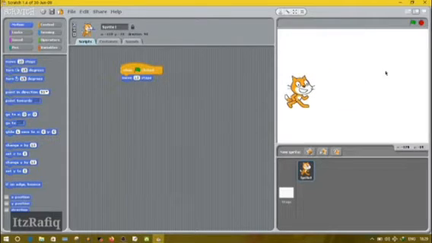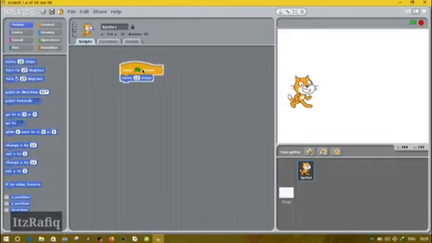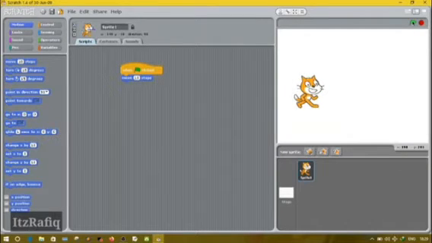Now to see whether it works or not, we'll click on the green flag, as you can see here. When you click on the green flag, you will notice that the sprite is moving. As I have written only 10 steps, it moves only 10 steps, which is a very small step. Suppose in place of 10 I write 50. Now let's see how much it will move. Click on the green flag. As you will see, now the distance is more.